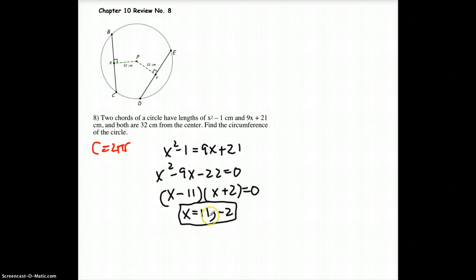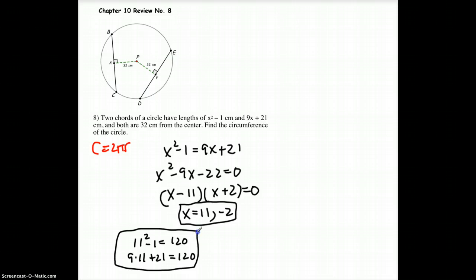These are x. And if you let x be 11, 11 squared minus 1 will equal 121 minus 1, or 120. And the other one will be 9 times 11 plus 21, which is 99 plus 21, which is also 120. And that works. So if 11 squared minus 1 and 9 times 11 plus 21 both equal 120, then